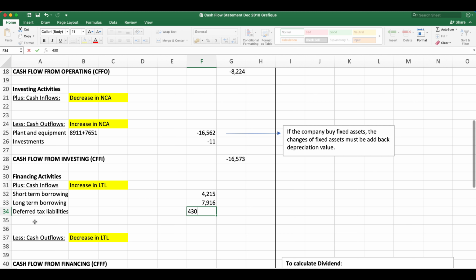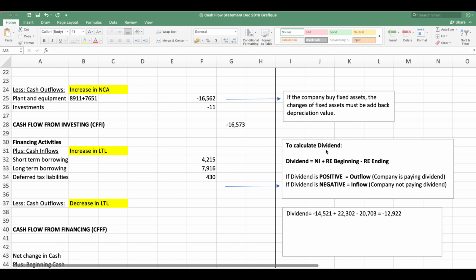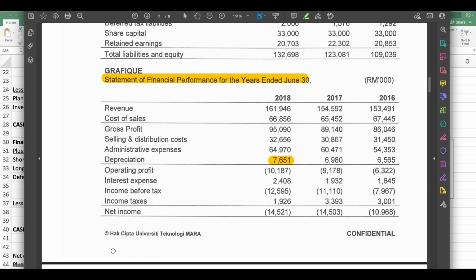And then the last one, the item in the financing activities, we should record the dividend. How do we calculate dividend? So the dividend formula is equal to net income for the current year plus retained earning of the beginning year minus the retained earning of the ending year. So here the dividend, net income 14,521. We go back to the income statement. The net income of the company is negative